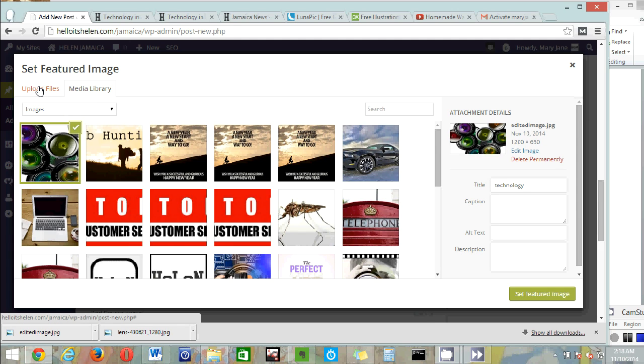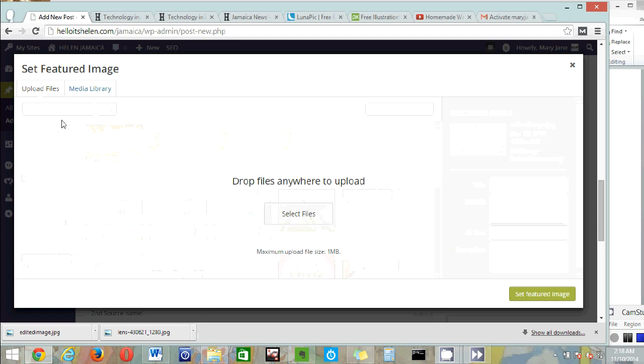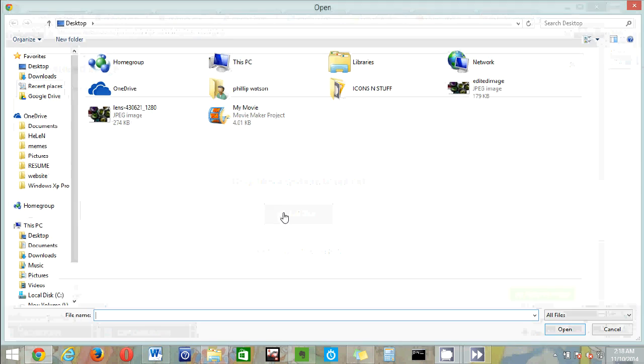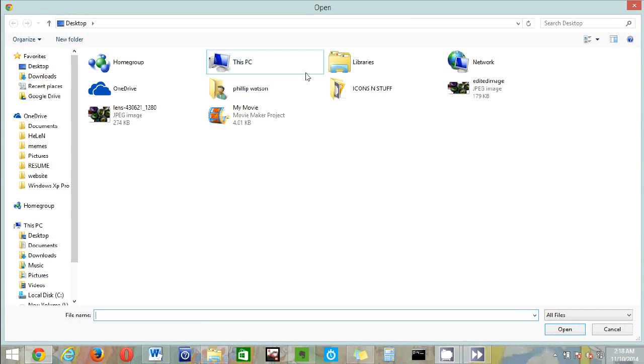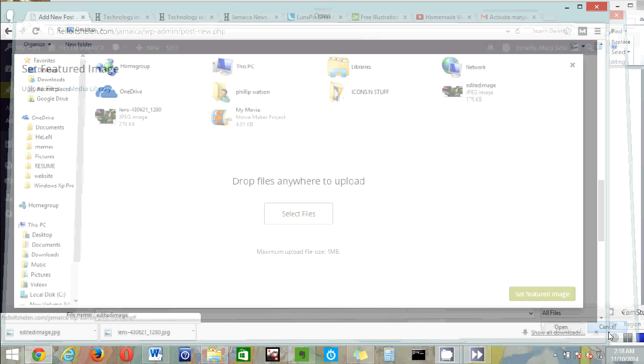But to upload the image, you can click on upload files, select files, and search for the image that we've just downloaded from Lunapic. That is the edited image, which is this one. So as I said before, I have already uploaded this onto the system. So let's just cancel this,